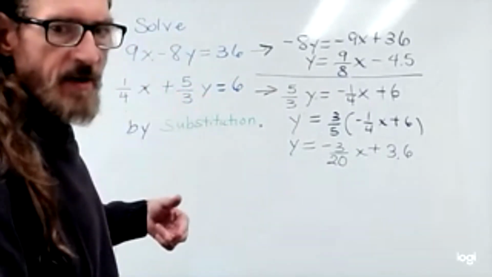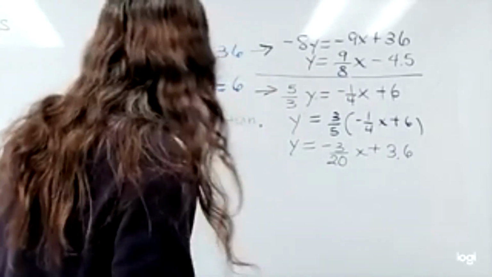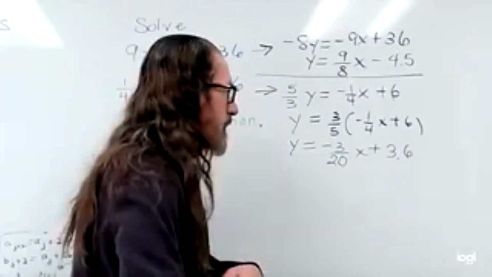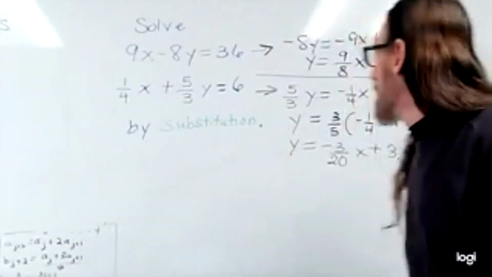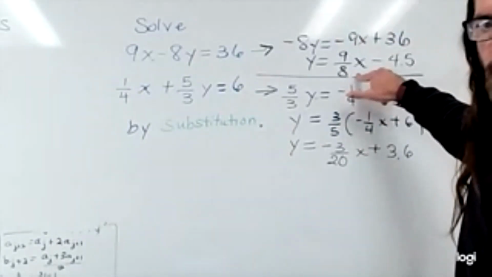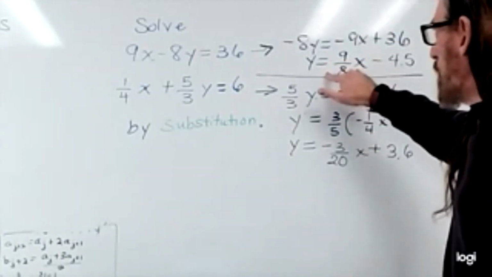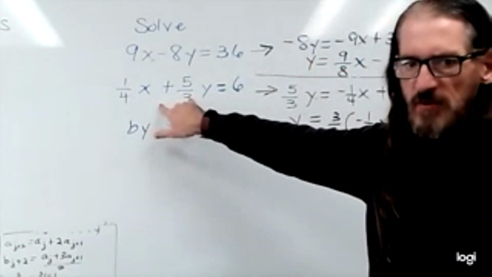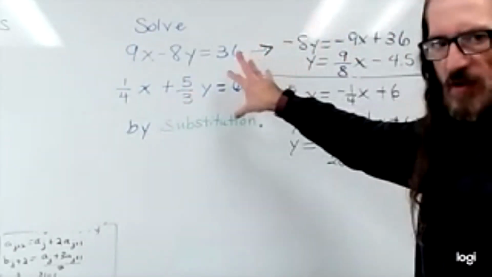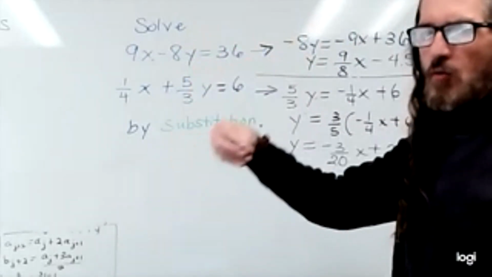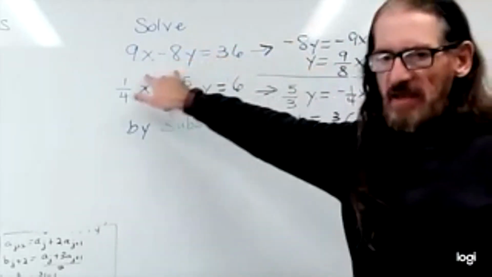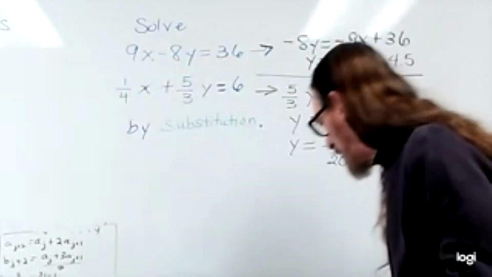But we haven't got that here. However, I'm going to take advantage of the fact that we've solved both of these for y. Suppose I take this and plug in for y in the second equation. You have to take a rewrite of one equation and plug it into the other equation. You can't plug this back into this equation. All right, so